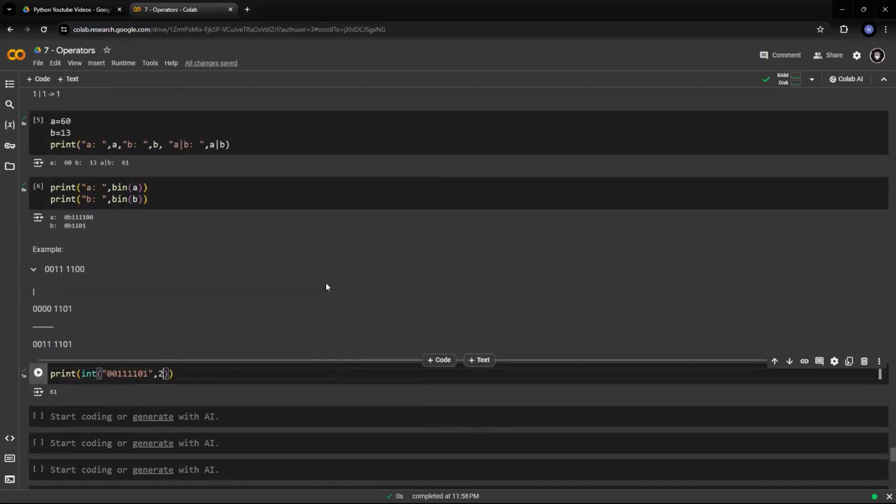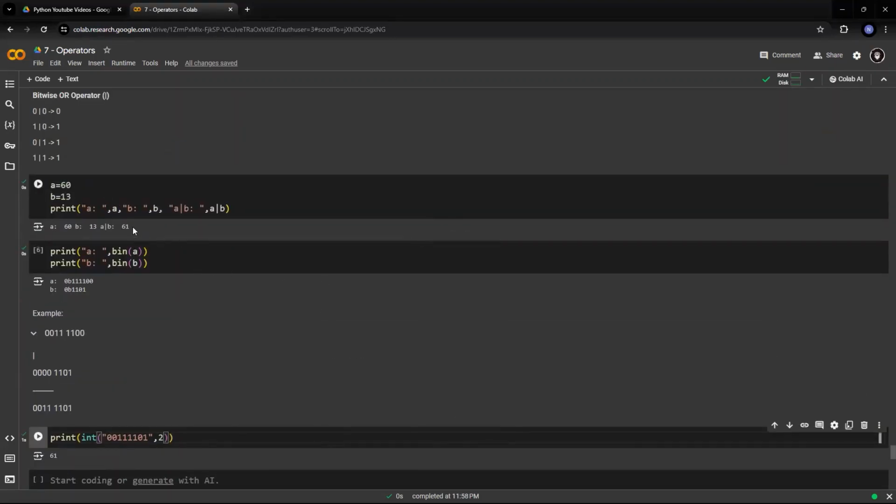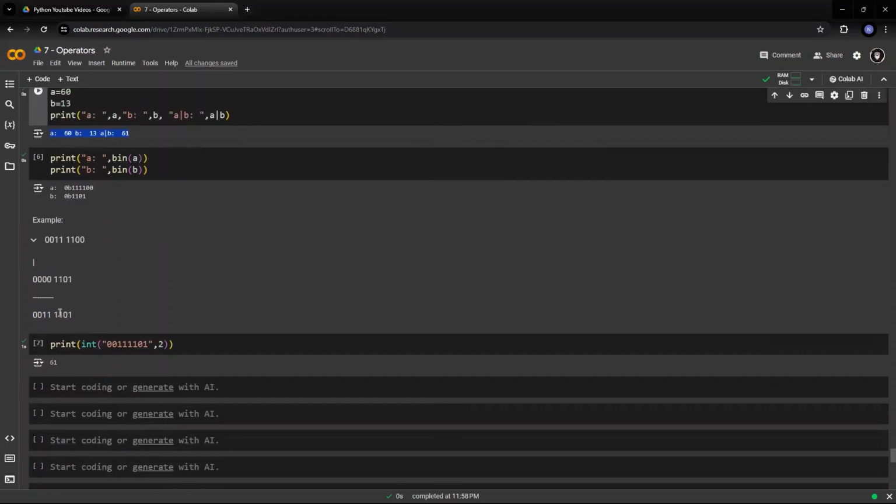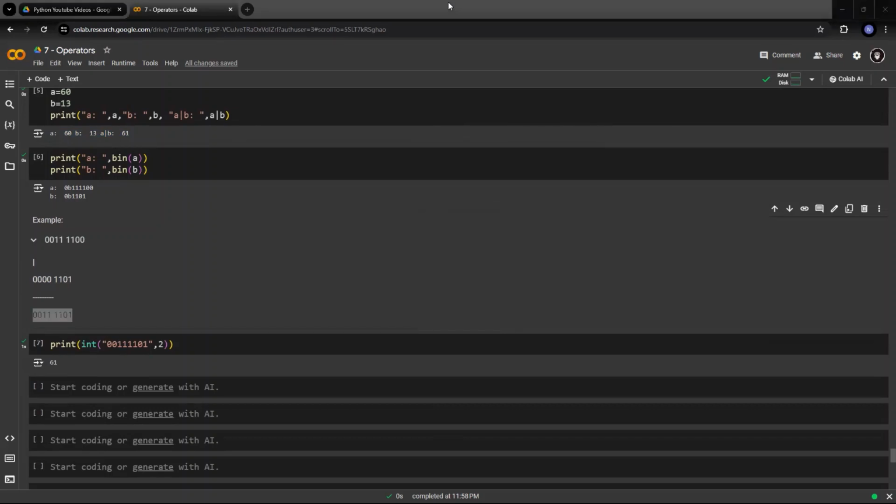Yes, this is the answer that we received when we evaluated A OR B in the earlier expression. So this is how, bit by bit, it evaluates the value of both the operands and gives you an answer in binary form, which converted to an integer will give you the answer. Now let's see